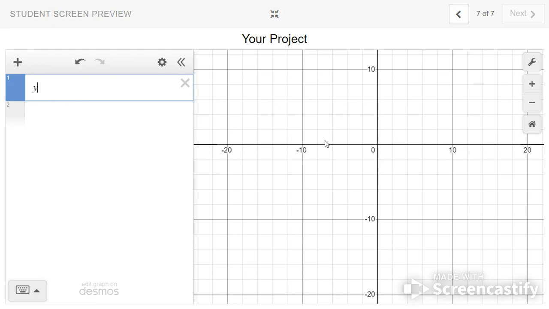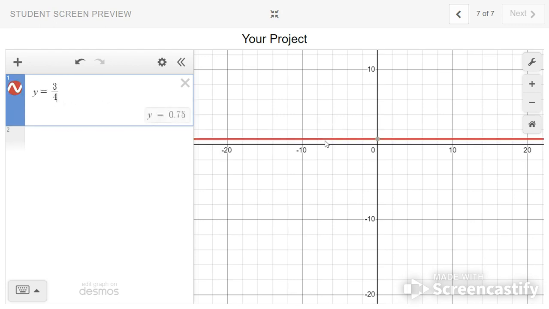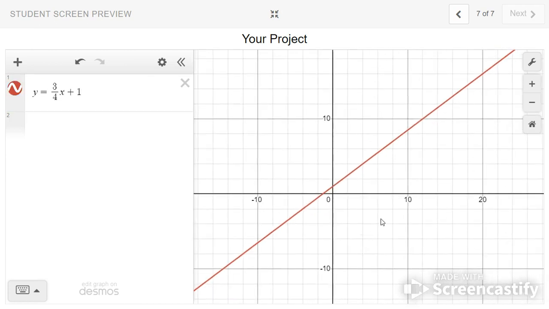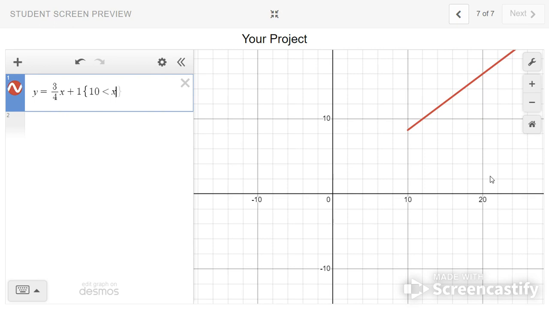You're going to write this in y is equal to mx plus b form. So for example, y is equal to 3/4 x plus 1. And you need a restriction after it using the curly brackets. So in this case, I only want it from -10 to +10. So -10 is the lower limit, and then +10